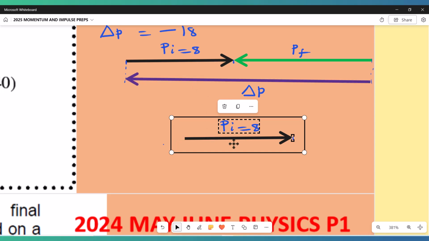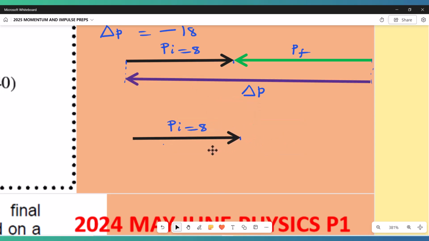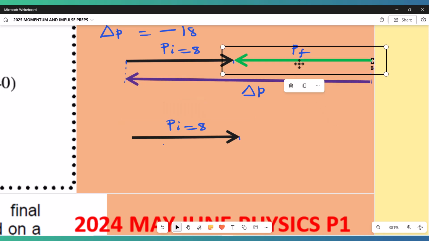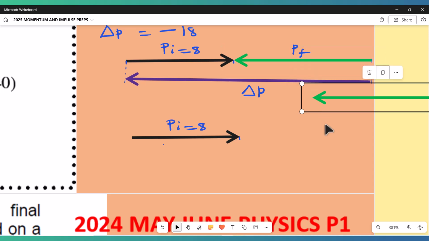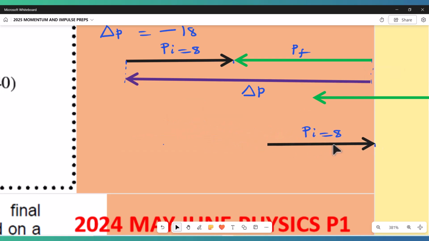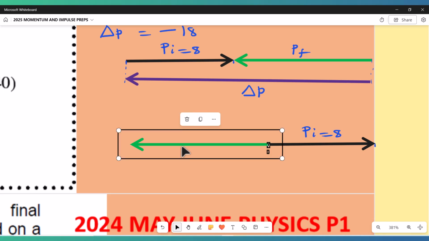Okay. Now this one, which was P initial, they can draw it like this. And then the P final, get a copy as well here. And then they draw it like this. This was the P initial. Then when they put their P final like this, from this point here. Are we together? And then in this particular case now,